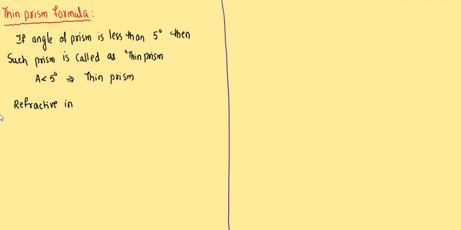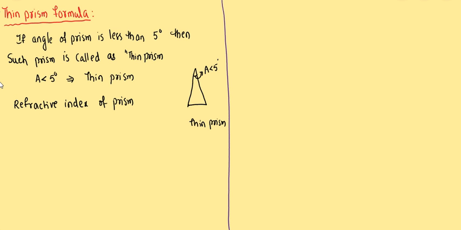What do we write? Refractive index of prism according to Snell's law. From the basic formula we write like this. This is a prism and this angle is the angle of prism. It should be less than 5 degrees. Then it is called a thin prism. Now see this thin prism. Its refractive index I want, and